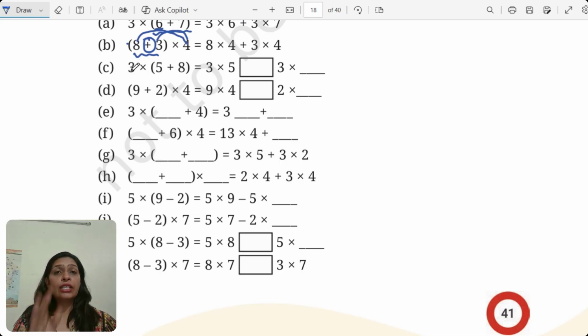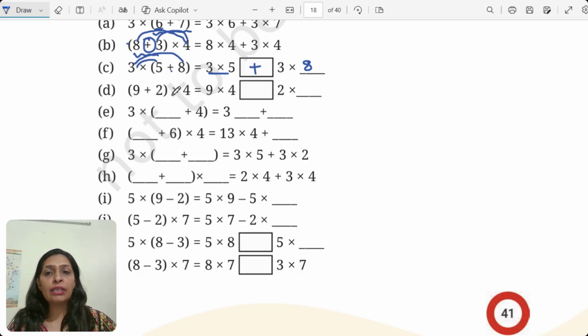So let's be quick in solving it. I always tell my students that whenever you're doing these questions, make sure you're making arrows. In the beginning stage you can do it with arrows, and once you gain efficiency in the topic, you may skip that. So here it's 3 multiplied by 5 plus 8. I multiply 3 into 5, which is already done for me. In between we have a plus sign, so I will write plus here, and then 3 is going to multiply by 8. So the blank is 8 here.